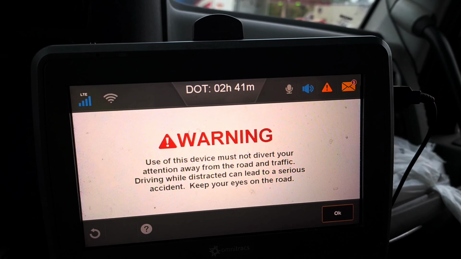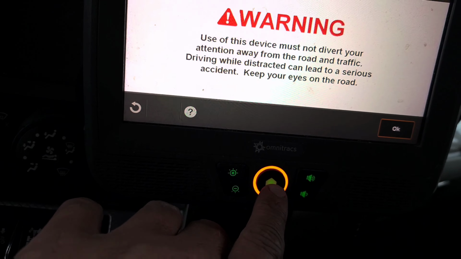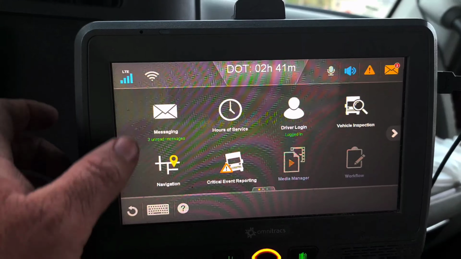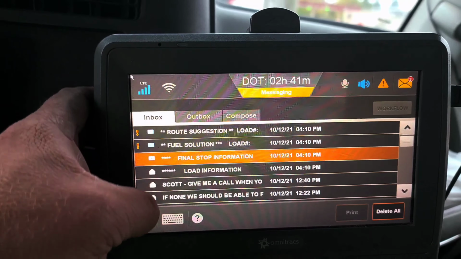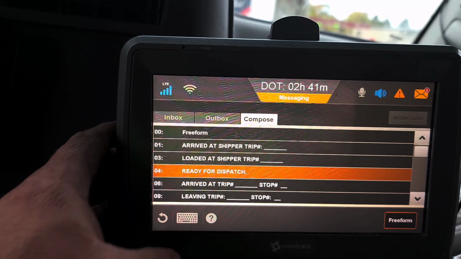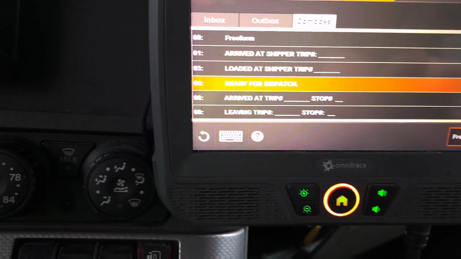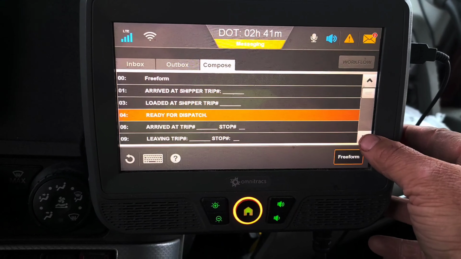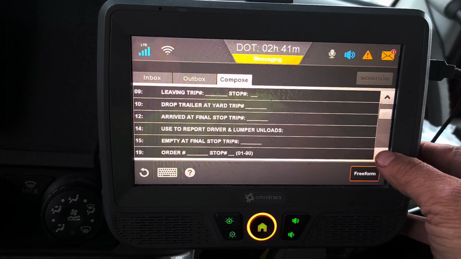Alright everybody, so here's the Qualcomm. You're going to hit the home button. You're going to come in here and press messages. You're going to hit compose message. And then you're going to scroll down here to